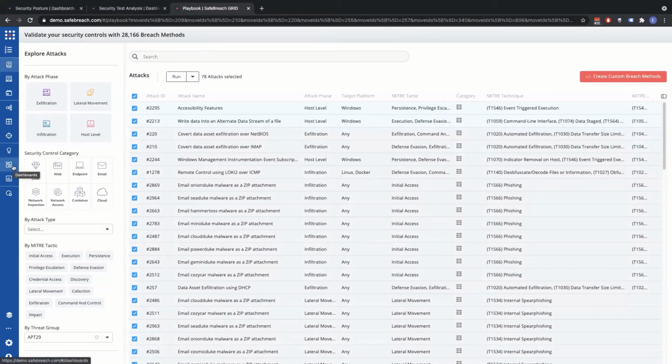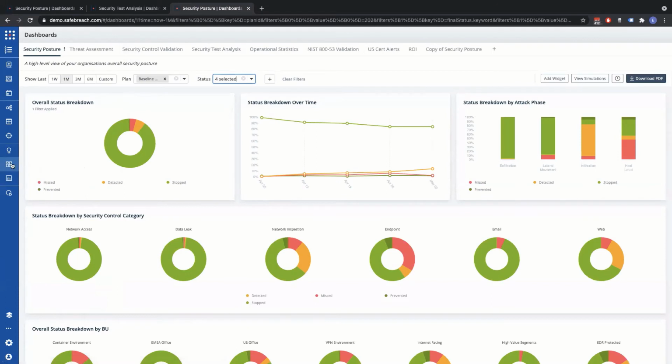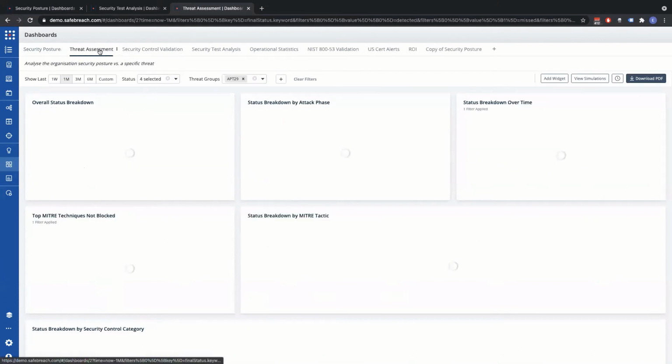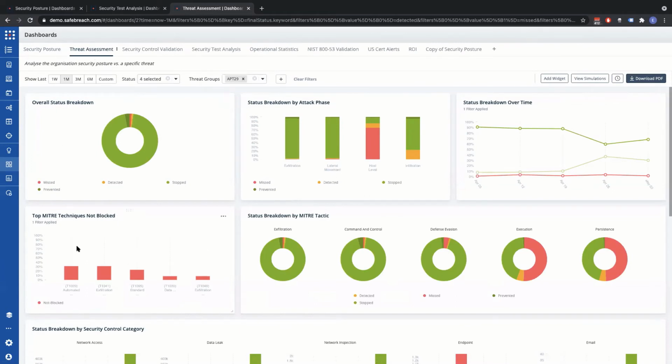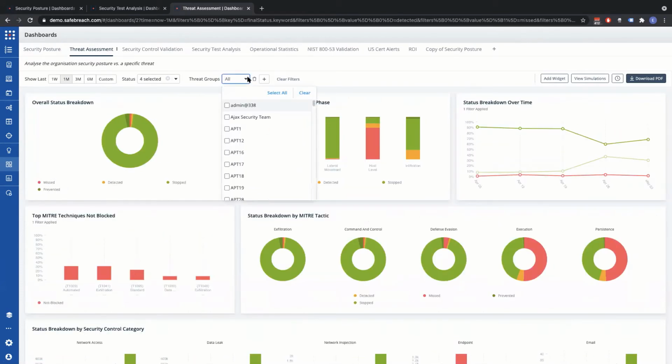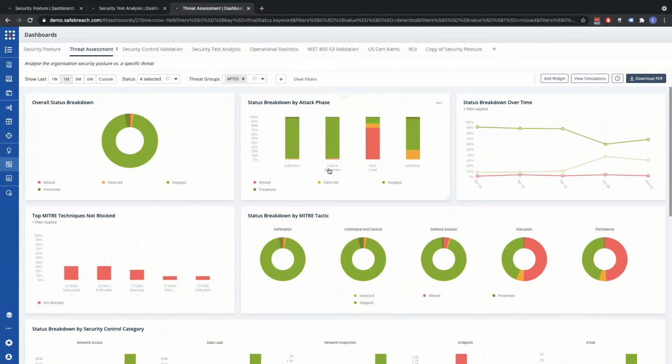And once these simulations have already been executed here on this environment, as the threat hunter, you can go back to the dashboards, go to the threat assessment dashboard, which is more oriented around the MITRE framework, attack phases, and the security controls. Here it's already filtered, but you can always go ahead and filter for any threat group that you're currently focused on. And the simulations are now filtered to the specific attacks of that threat. And here, you have to almost be blind in a way to not understand that your host level is totally exposed to this threat. And this is somehow connected, as we've seen, to the initial